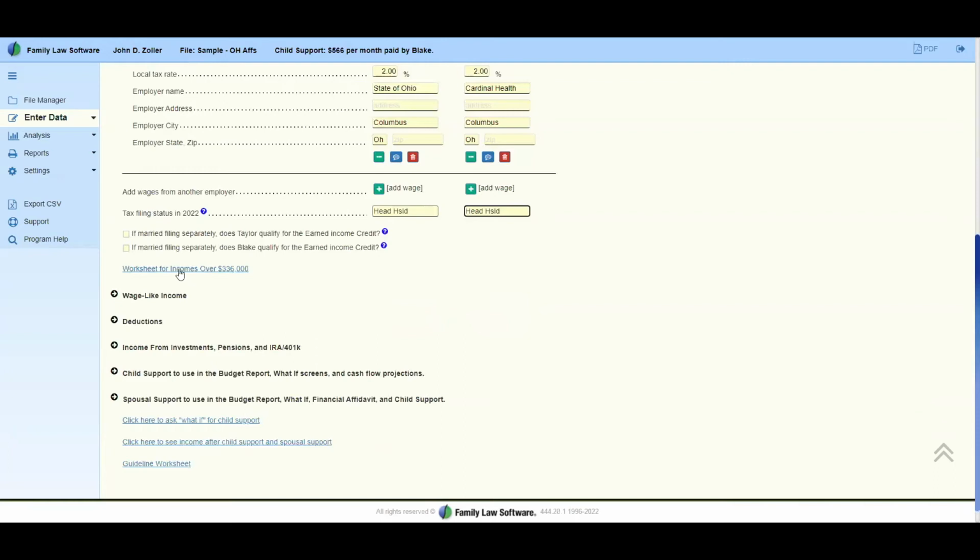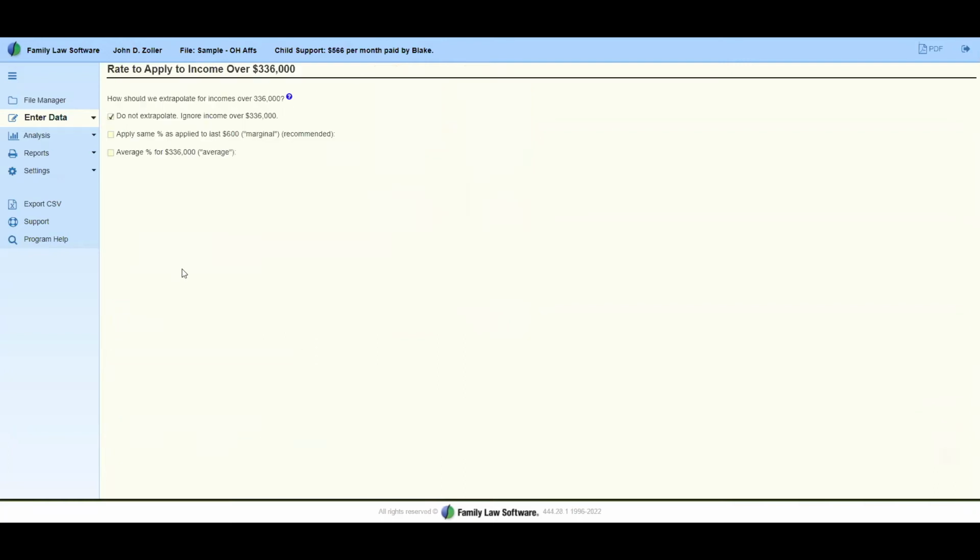Here's the link to calculating high income cases. Right now, it is not extrapolating, and in this example, the couple doesn't have a combined income in excess of 336. But if they did, you would click this box and the software would extrapolate the child support guideline table up to the amount of the party's combined gross income. You'll notice there are two ways to do that, the marginal and average rate. We recommend the marginal rate, and when you click on this,